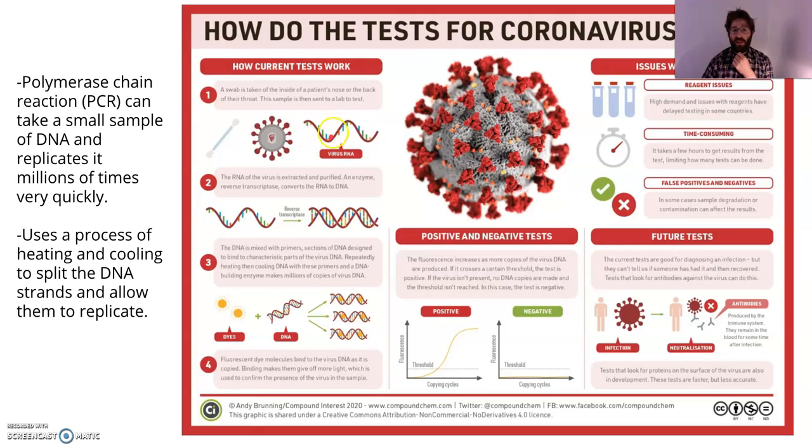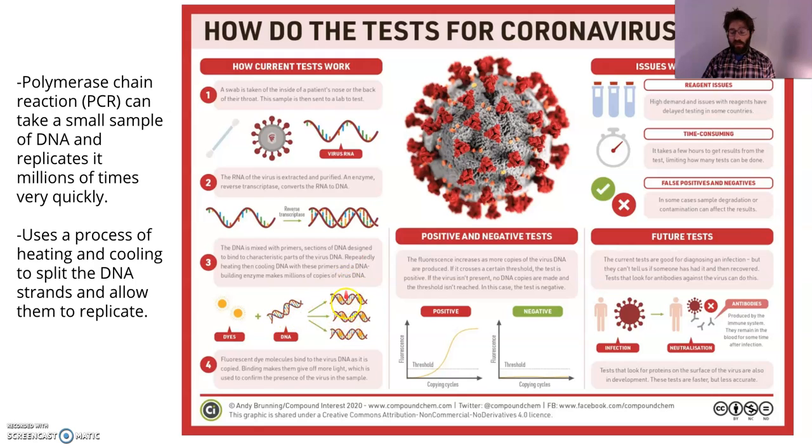It only has its genetic code, which is only RNA, which again we talked about the other day is a single strand as opposed to the double strand of DNA. So what happens is that we can take the RNA of the virus and purify that, and using an enzyme called reverse transcriptase can convert it from RNA to DNA, and then using a heating and cooling process, can then split that DNA back in half and then replicate